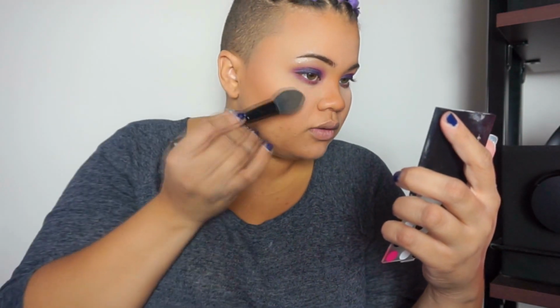Holy smokes. For highlighter today I'm going to be using 05 Luminoso and using my e.l.f. blush brush. And for highlighter I'm going to be using Milani Fantastic. This is their face and body baked bronzer. This is like amazing. I'm literally going to look like a beam of light once I'm done applying this. And right where I ended Luminoso, I'm going to add,